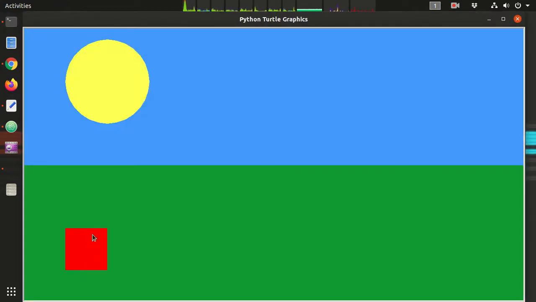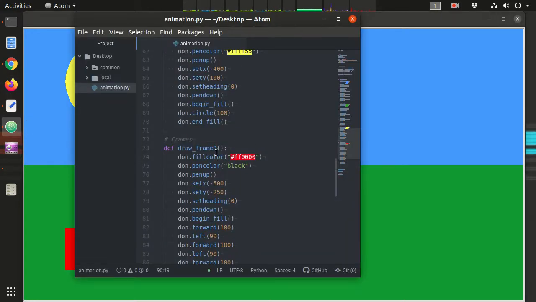Okay, and we see there's a square here now. Now we might want to have an X and Y position for our square, right? Because we're going to try to be moving the square. Okay, so we can have an X value